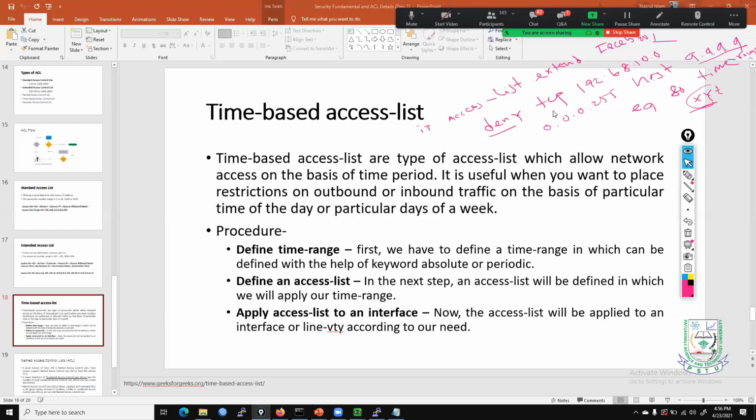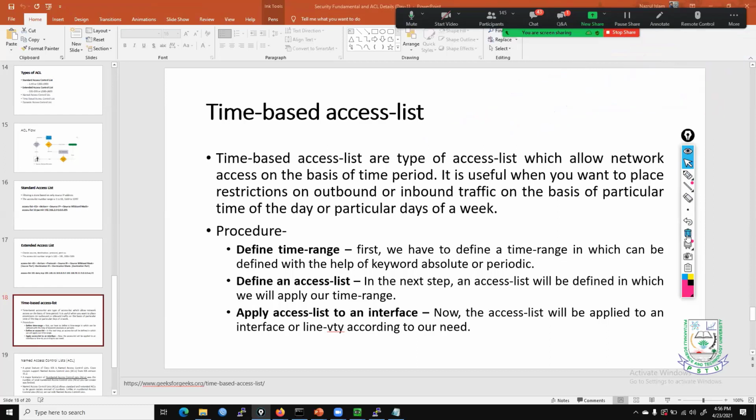So there is something we need to define on the time based ACL. First, we have to define the time range, which defines how the time will be configured. I have already defined XYZ on the ACL, right? So XYZ I'm naming, and